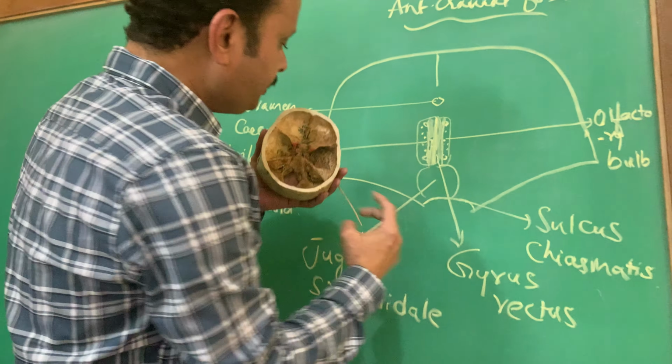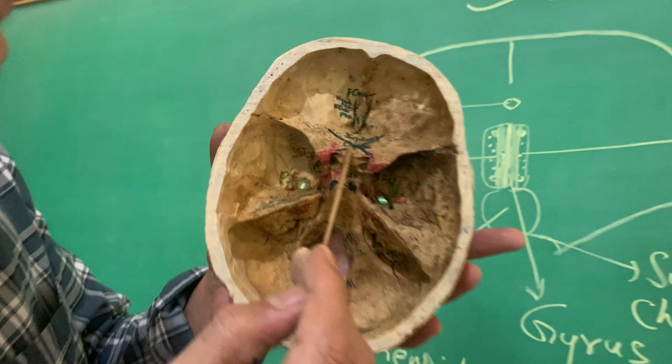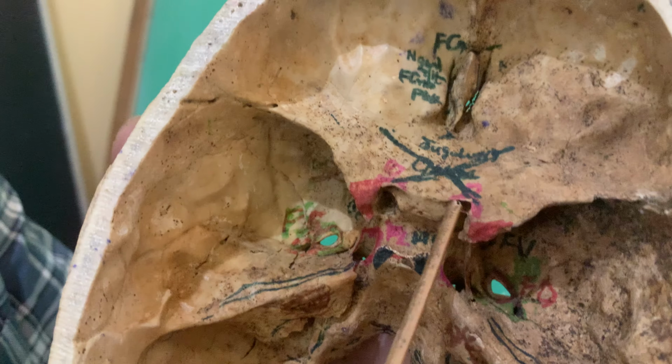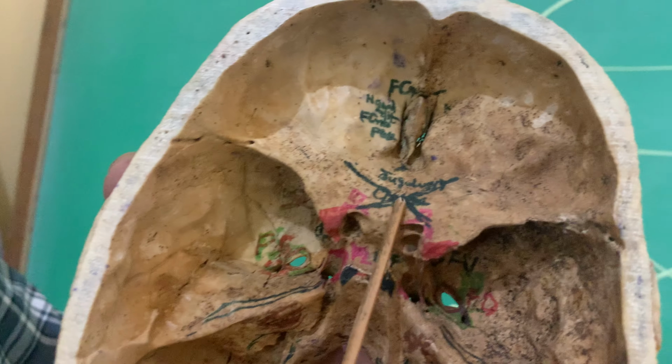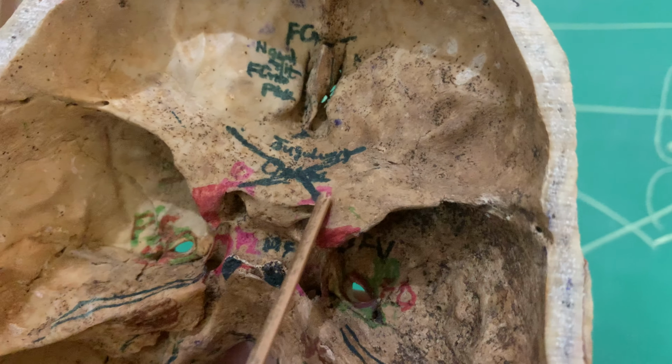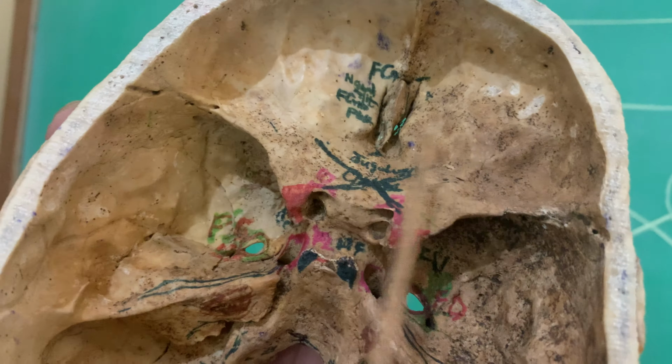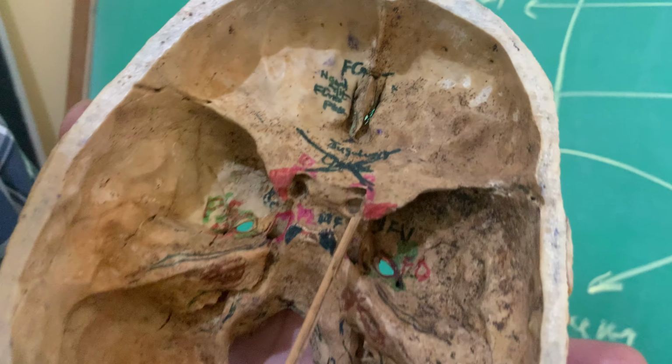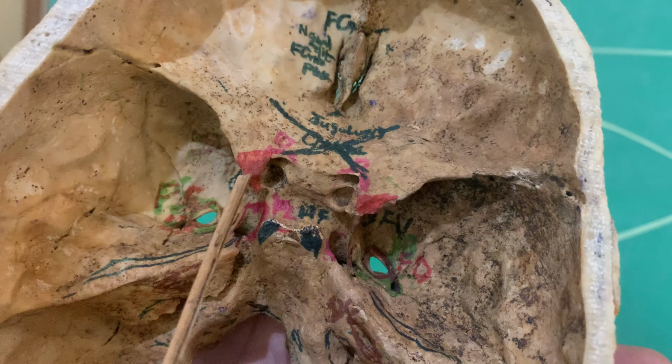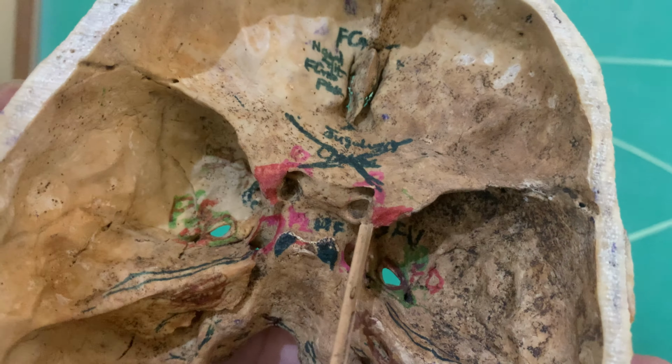Behind it lies the sulcus, the sulcus chiasmaticus. It represents the crossing of the optic nerves, that is, the optic chiasma lies over it. And this is the lesser wing of the sphenoid, which you already know. The most backward projection of the lesser wing of the sphenoid bone medially is called the anterior clinoid process.